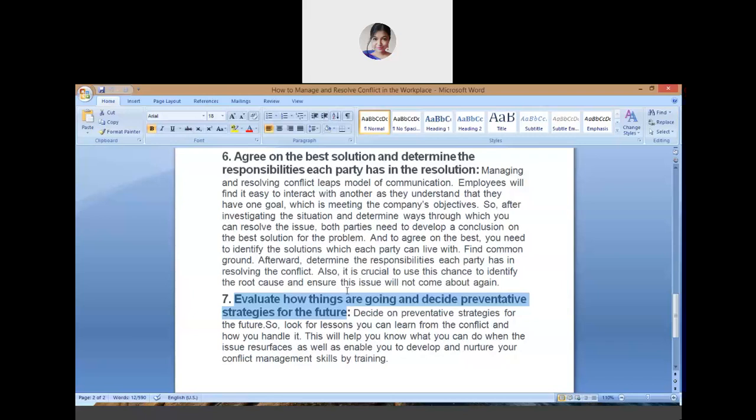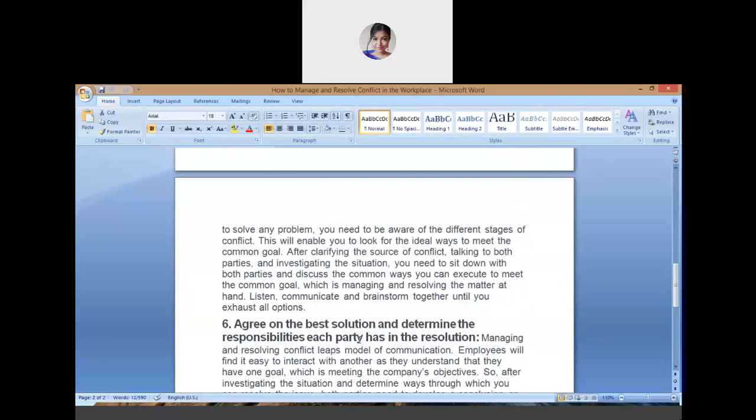So that is why when you resolve a conflict, when you figure out a solution, make sure that the solution is strong enough so that the conflict does not arise in the future. These are the certain things you need to take care of in order to resolve a conflict. These are only some of the points. It's not necessary that you have to follow all these steps. There are other ways as well, but these are some of the important ways,